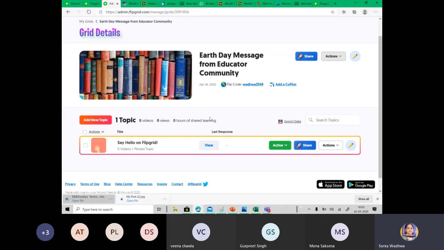Say for example, you are in a class and you are teaching a theory topic, let's say disadvantages of computer network. So I have already created a grid, I generated the code, and when I have finished discussing the advantages and disadvantages, then I push the Flipgrid code in the Teams window, and I tell the children to quickly go to Flipgrid, and it's a 1-minute extempore. Give me 3 disadvantages of computer network, and you have 5 minutes to do that. So it's a live extempore which is happening.